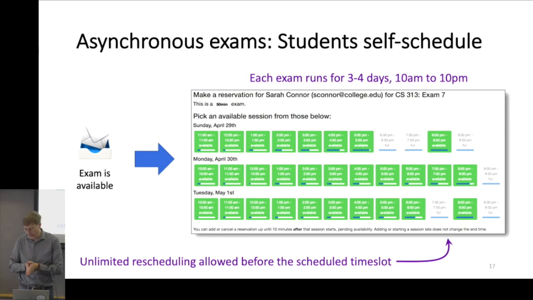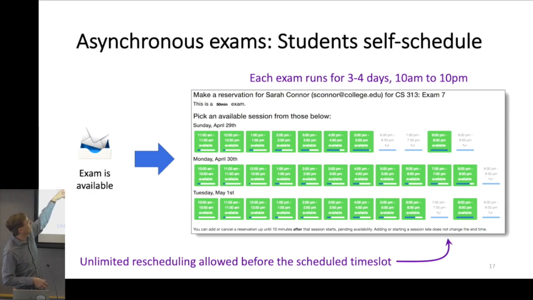So what happens is, around the beginning of the semester, faculty come to us and say, we'd like to use the CBTF and we want to run 7 exams roughly these times. And we do a lot of work to balance the load so that there's a consistent load semester long. Then as the semester runs, about 2 weeks before the exam window starts, students receive